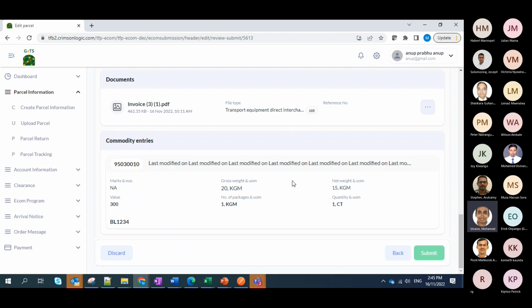Any edits or supplement enrichment can be done, and then it can be submitted. At this juncture, when the submission is done, this would be submitted to the authorities to take action. This could be requiring the OGA intervention, or it'll be routed to customs to perform their risk assessment and so on and so forth.